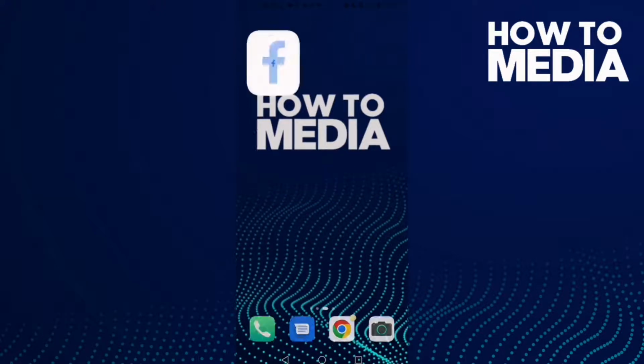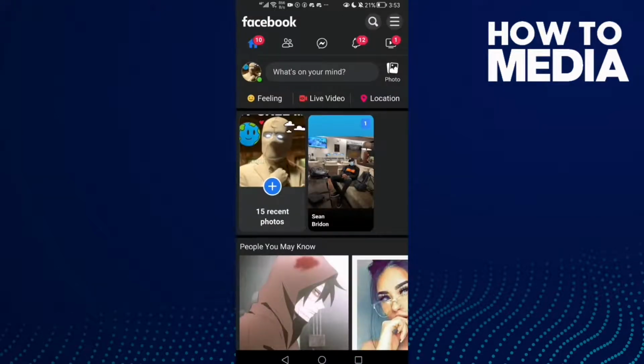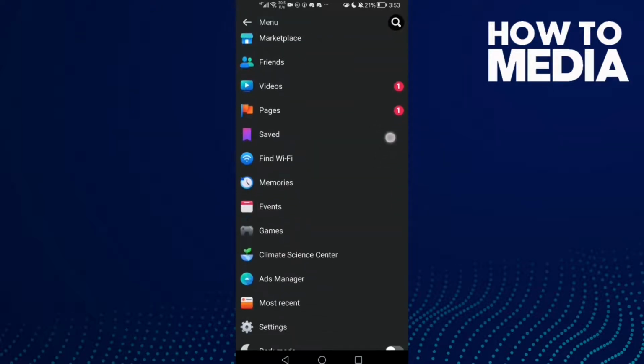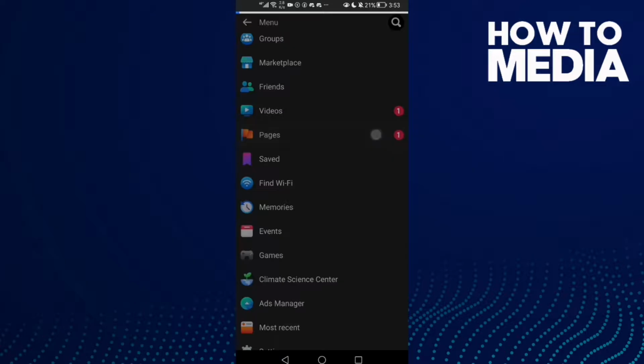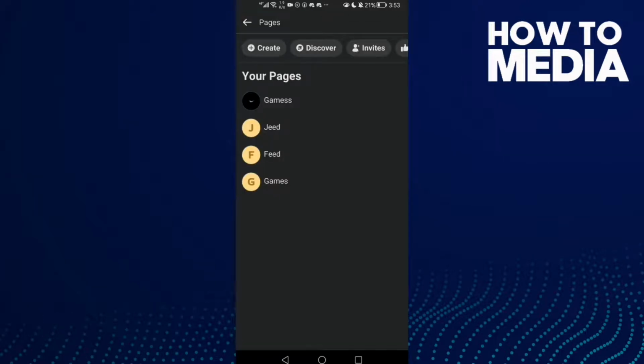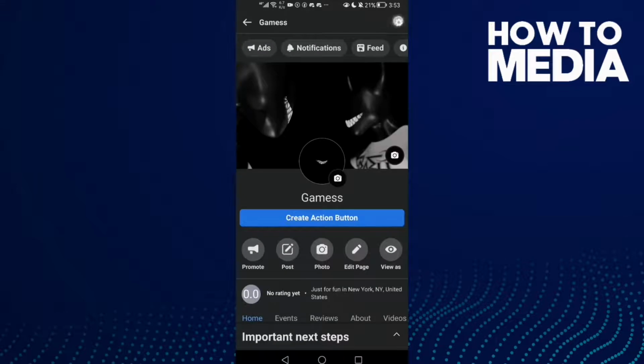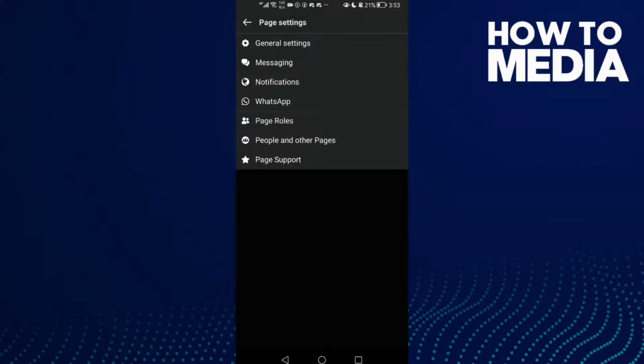First thing, with Facebook Lite, here you will find these three lines in the top corner. Click on it and then just click pages and select your page, and now just click this settings icon in the top corner, and then click